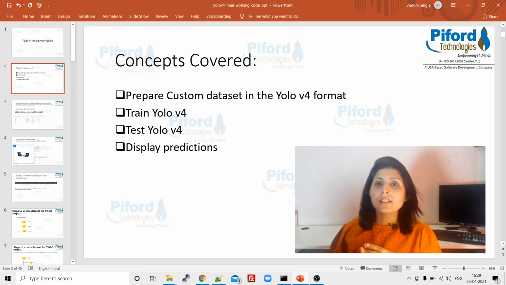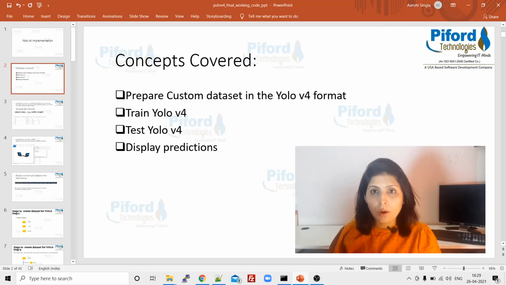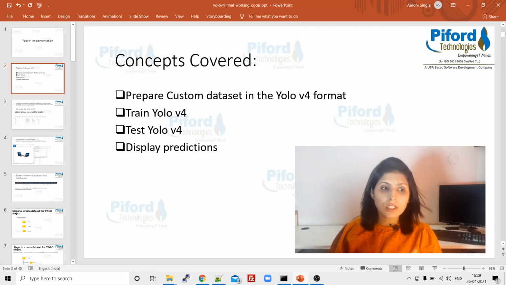The second task is how to train your custom YOLO v4 model, and then I'll show you how to test your algorithm, how it is performing. To know that, we have to test our algorithm, so I'll tell you how to do that. And finally I'll tell you how to display the results, how to see the predictions. So this is what we are going to do in today's class.